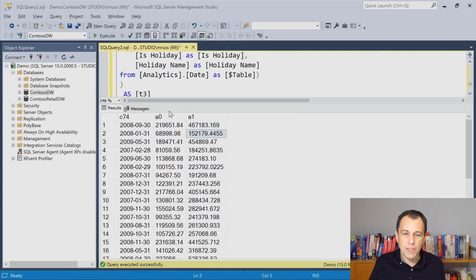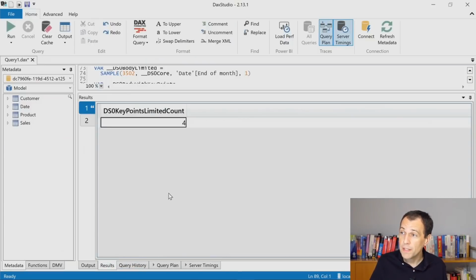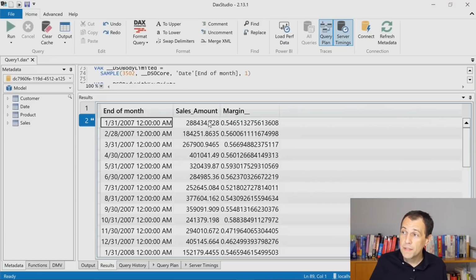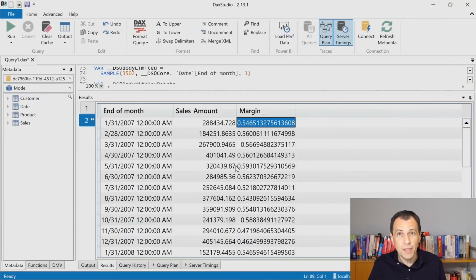whereas the value that I obtain in DAX Studio, if I go back to the results, is a number where the sales amount has an actual number here, which represents a number in millions probably, but the margin is a decimal number.